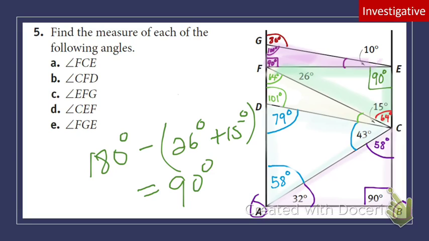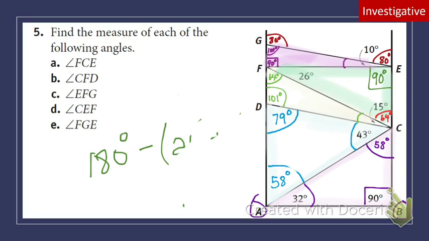Here that we need to figure out. Even though it's not a part of a triangle, it's a part of a straight angle. If this is 90 and this is 10, 90 plus 10 is 100, so therefore this is also 80 degrees. And now we have our chute filled in, and now that we have our chute filled in, we can go ahead and